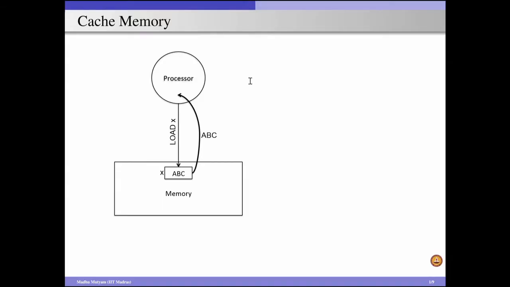Consider a scenario with a system without a cache memory. When the processor wants to read the data which is stored at an address X in the memory, it sends a load request to the memory, and the memory supplies the data stored at address X. Let us assume that the data stored at that address is ABC. We know that memory access takes a lot of time, hundreds of cycles. So this operation will be very costly. And every time we go to the memory and spend hundreds of cycles, our overall performance will be